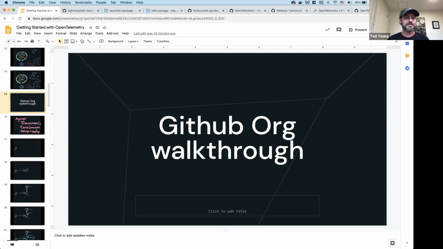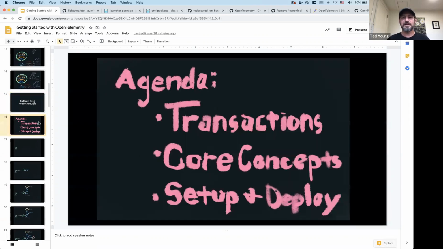Doesn't look like it. It's pretty straightforward. Okay, so let's move on a bit to just cover some of these core concepts behind distributed tracing and OpenTelemetry in particular. So just a reminder of the kind of